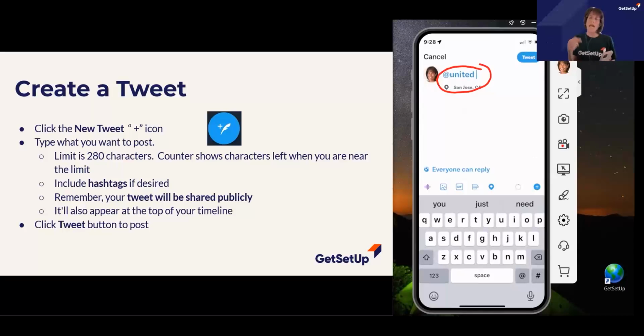And so when I tweet something now, if I were just to start typing in my tweet @United, had a, I don't know, great flight to Austin